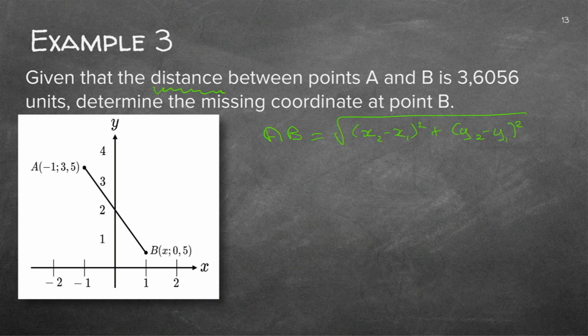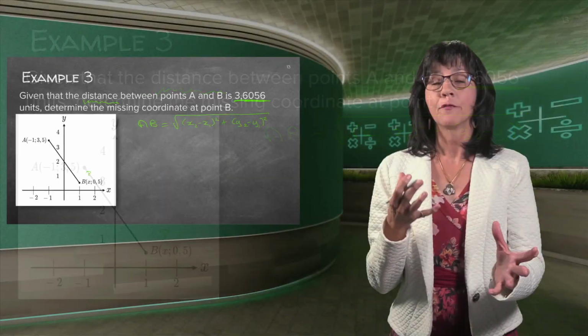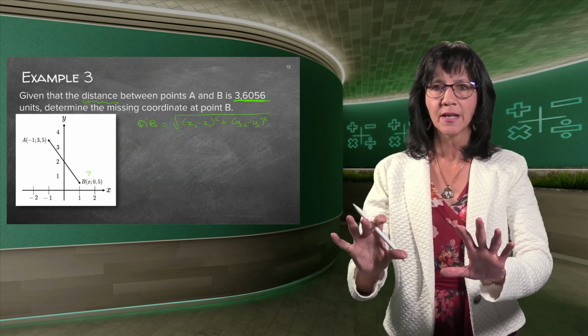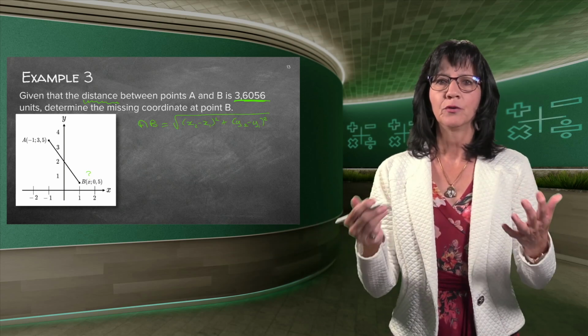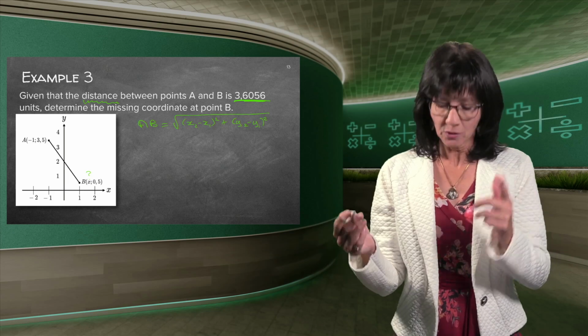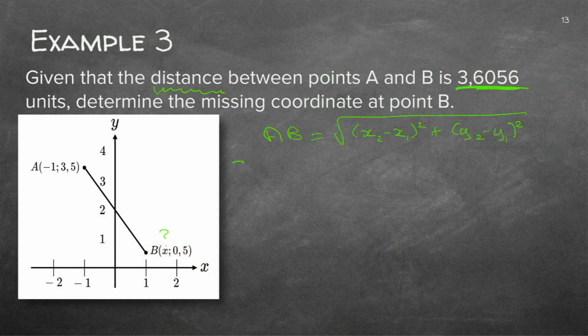Now I'm going to read the rest of the question. The distance between point A and B is that. Determine the missing coordinate at point B. There. I need to determine that missing coordinate there. So it's now a reverse question, but it doesn't make it more difficult. You do have your formula written down. All you do now, you go and do the substitution. So you're going to do empty brackets all over, but because they gave you AB, you're just going to fill it in here.